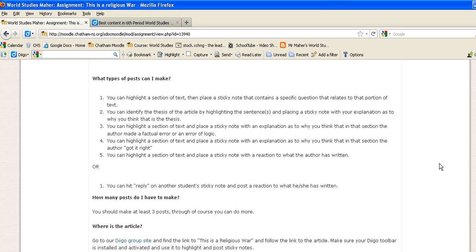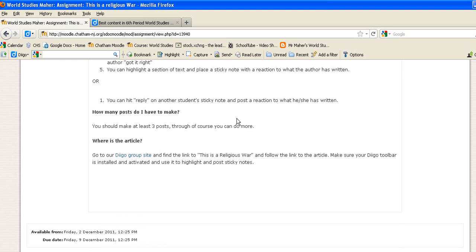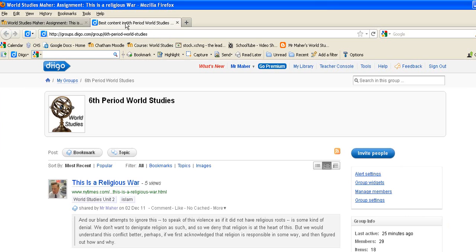Highlight what you think is the thesis, put a sticky note on it, and explain why. Maybe you find something that the author got correct or incorrect. Anything that is a reaction to the article itself. You have to make 3 of these posts. You can also respond to things that other students have written, and I'll show you how to do all of this. What you have to do is follow the link to the Diigo group site, and what that page looks